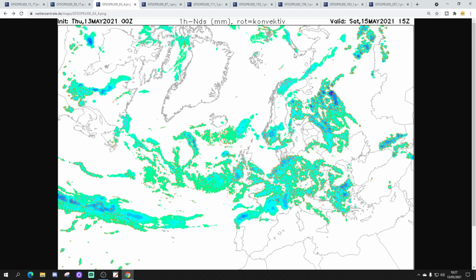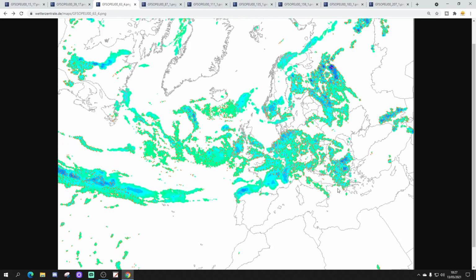On the eastern side of Europe, there will be heavy showers and thunderstorms, and down into the Med, some heavy showers breaking out through Greece, but large parts of the central bowl of the Med from Italy to Spain should be